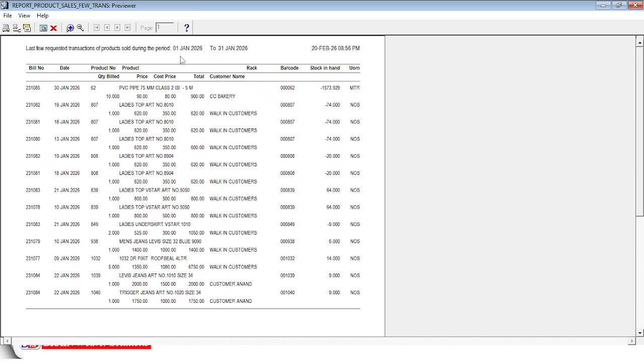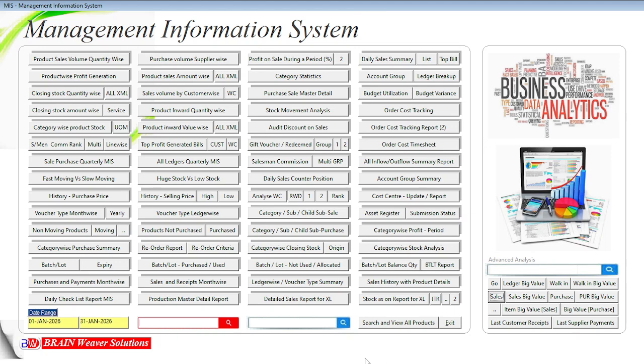Here during this period 1st January to 31st January, the product number 807, ladies stove art number 8010, there are 3 sales transactions happened. In this way, if you want to see the requested number of sales transaction against each product, you can see it by clicking this sales button. Similarly,